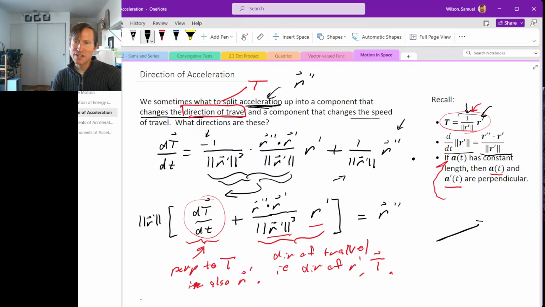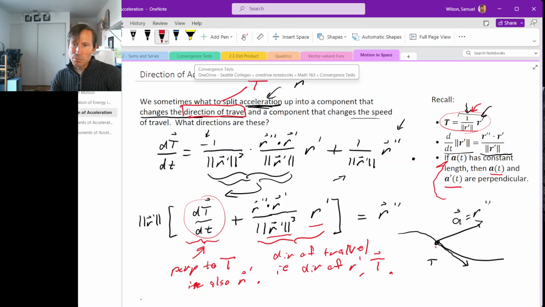travel. So when we have an acceleration vector, which, of course, acceleration is r double prime, sorry, I should draw a curve. So at this spot, there is the direction of travel, which is capital T, and the acceleration vector has a component parallel to capital T and a component perpendicular to capital T, right? So there's this other direction that is perpendicular to capital T, and we can get at that direction by taking